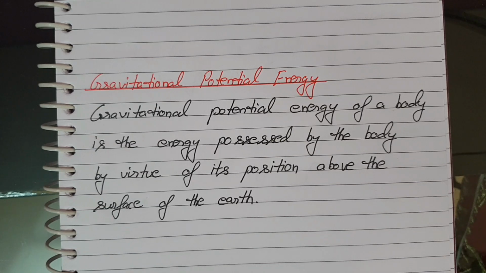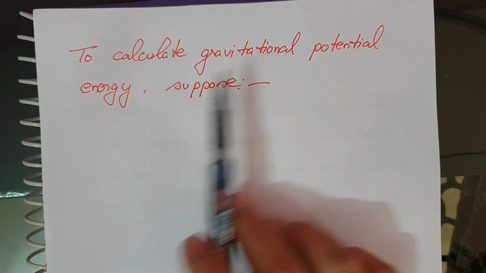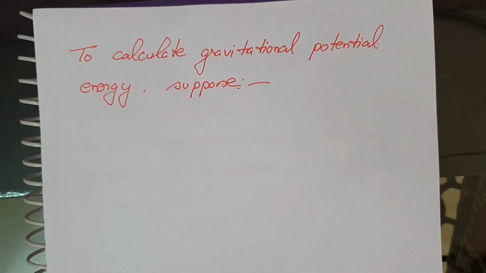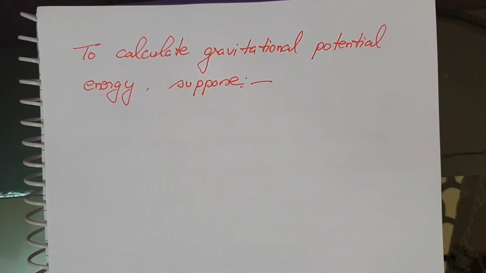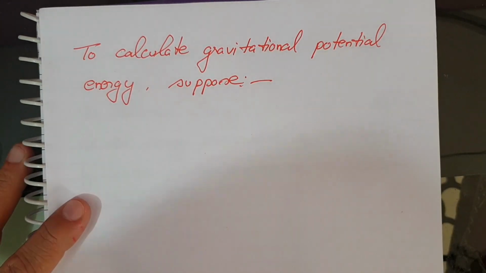Now, when the body is allowed to fall from that position, it can do an amount of work equal to its gravitational potential energy. To calculate gravitational potential energy, suppose